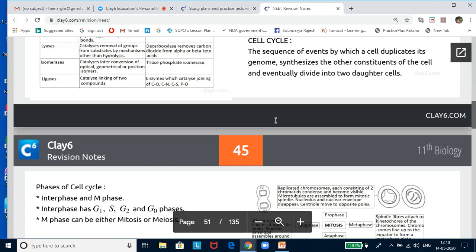Now, as a teacher, I know that I get a lot of queries from students asking, ma'am, should we learn everything from NCERT? No doubt, NCERT is the base for NEET biology, but the problem is you can't be learning each and every line in the textbook. And after an analysis of the NEET papers, we have seen that there are three kinds of questions. One is NCERT based, second is direct from the previous year's question paper, and third is the modified questions.